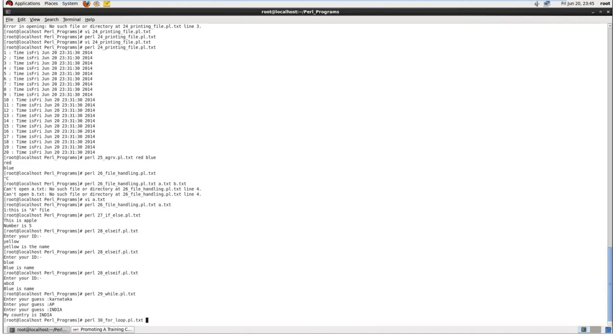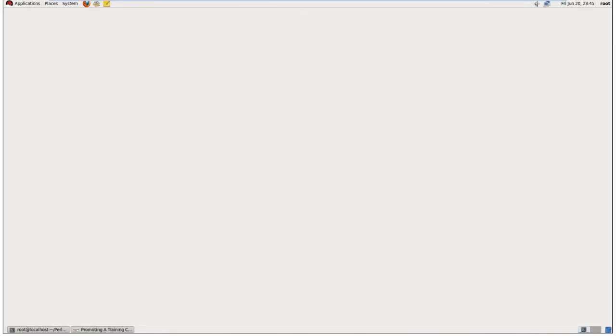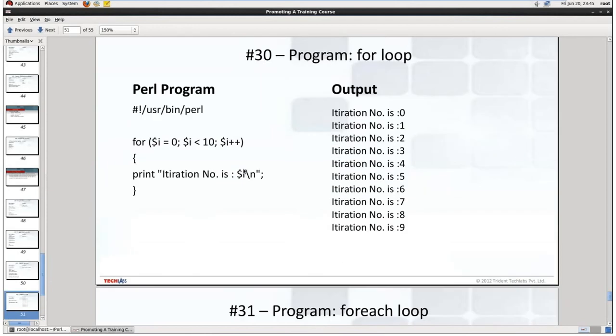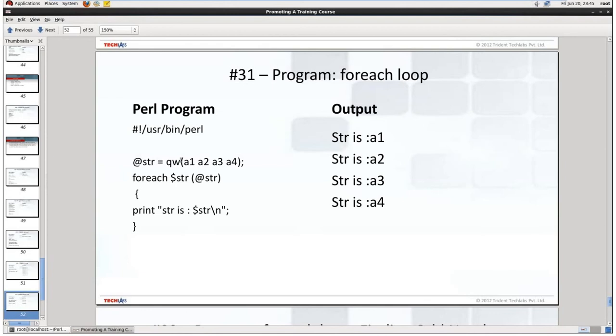So you can see that from 0 to 9, it has done the iteration. Next, the foreach loop. Same as before, you can see we have a foreach loop here. In quote words I have mentioned a couple of strings here, and foreach $str is nothing but, see,